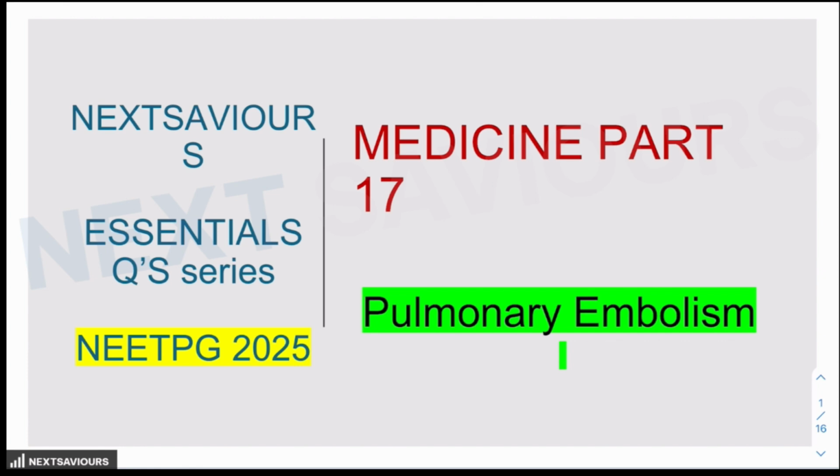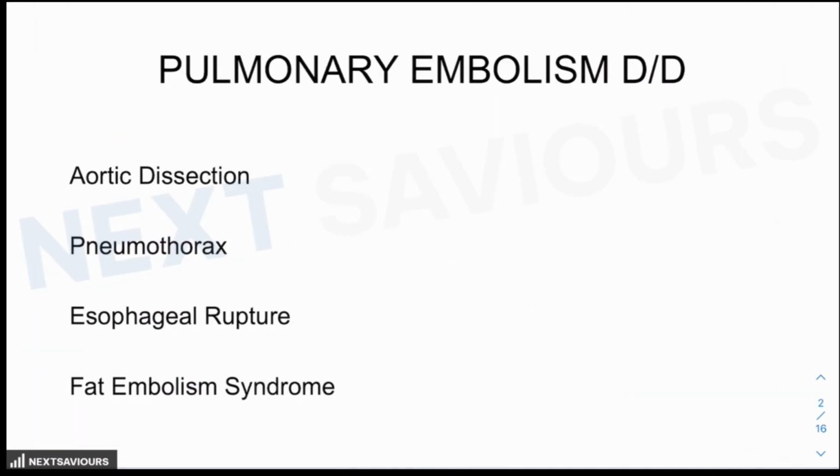Today we are going to have a discussion on how to reach the diagnosis of pulmonary embolism. Whenever the examiner constructs a question on pulmonary embolism, he used to keep these differential diagnoses in mind because they share the common clinical features of chest pain, anxiety, tachypnea, tachycardia, restlessness, and particularly the fat embolism